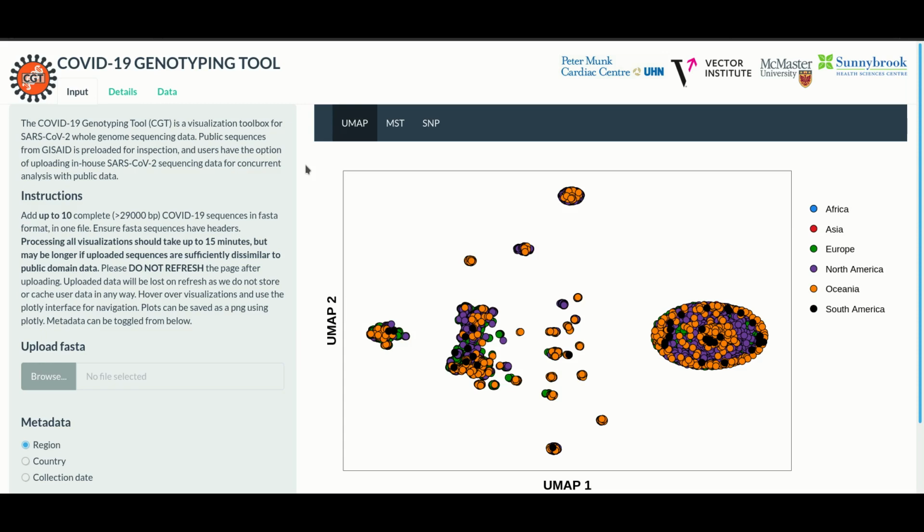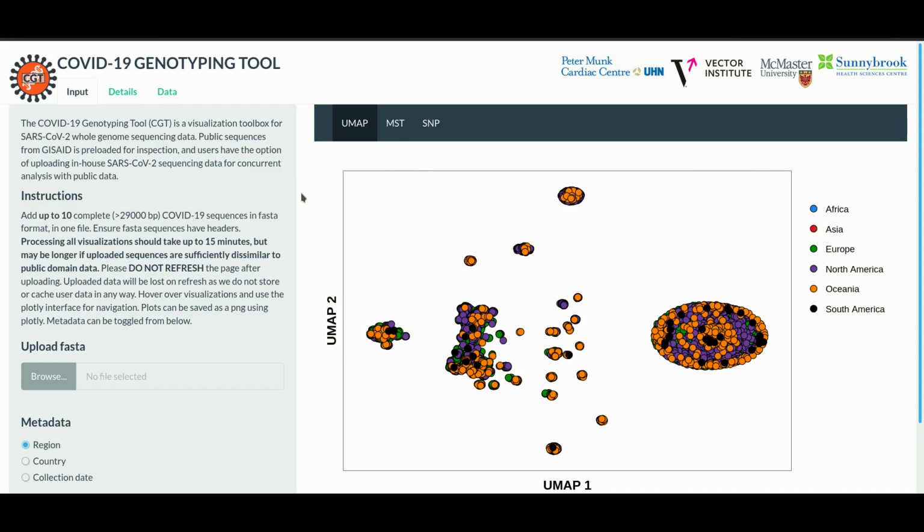We developed CGT to summarize and distill key information from whole genome sequences that have become publicly available since the onset of the COVID-19 pandemic. Since then, research sharing has been a great initiative within the community, and this has resulted in over 10,000 publicly available whole genome sequences of SARS-CoV-2 viral isolates. What we aim to do is to distill information from these sequences in 3 succinct visualizations, which I'll